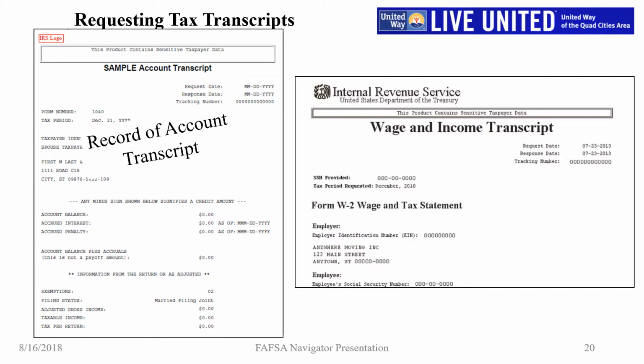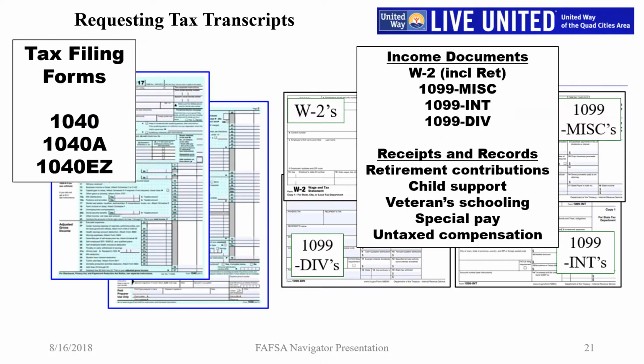All you need is the basic information for filling out the FAFSA. Record of account transcript for the data from the tax filing forms, and wage and income transcript for the income and IRA contribution forms as data.